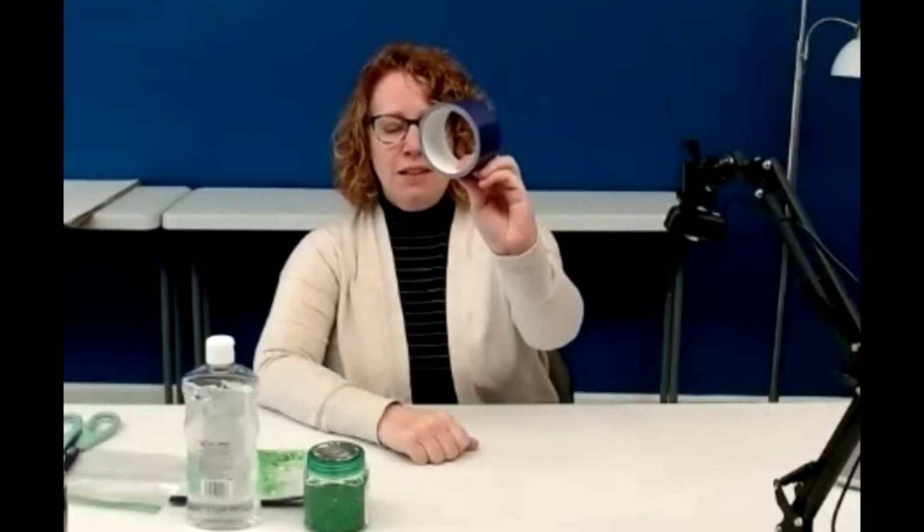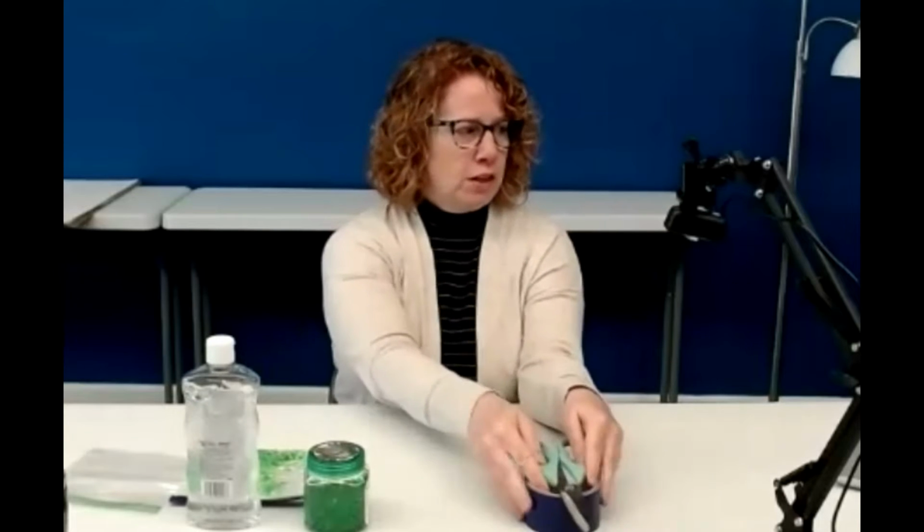Today's science activity is something that you can make at home, and it incorporates science and sensory. We're going to use our hands to make something that looks really interesting, is fun to play with, and smells really good. We are going to need some duct tape, a good pair of scissors to cut your duct tape,